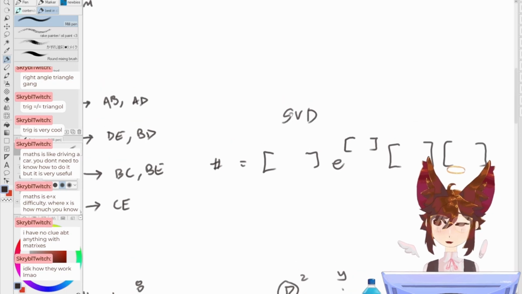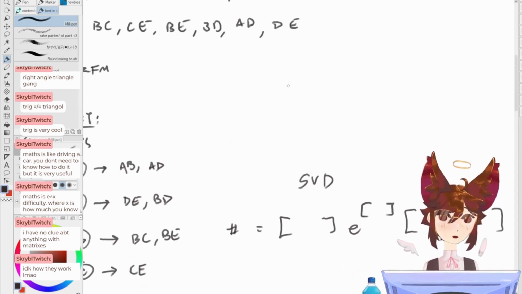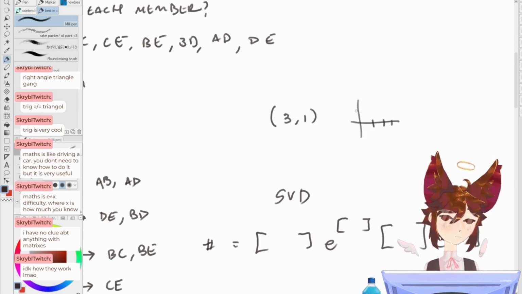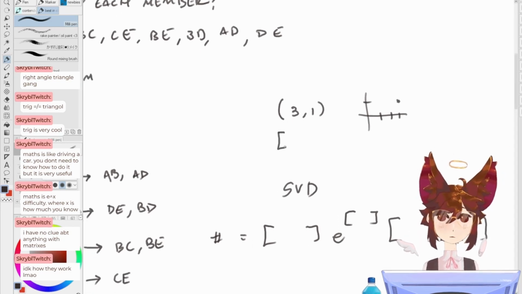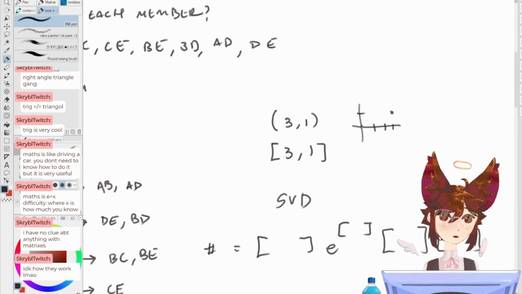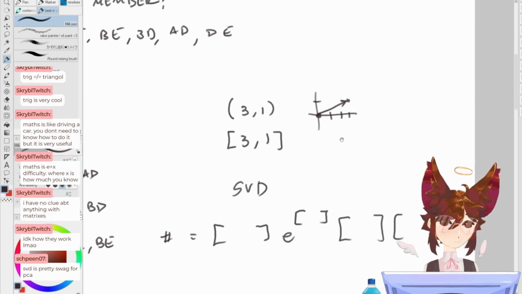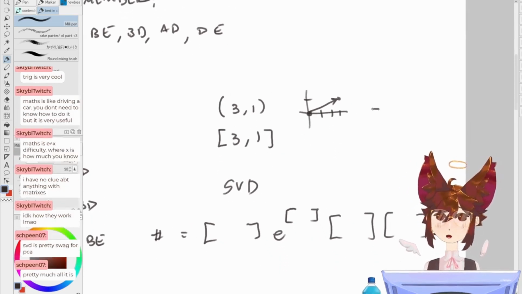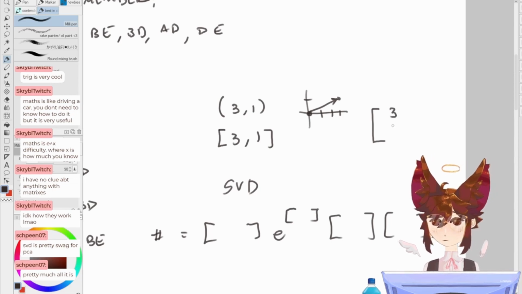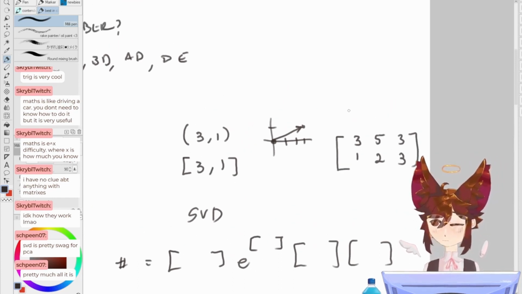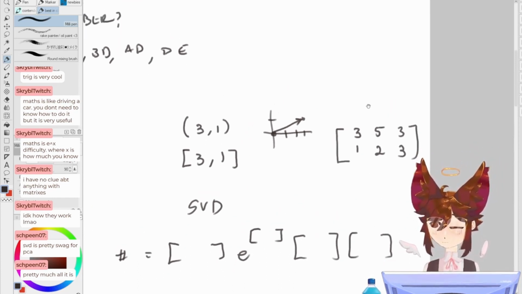A matrix is just a way of storing data. So just like how we have vectors, right? Where if we want to describe a point, we can describe a point like, you know, 3, 1, and we know that corresponds to, okay, well, we go over 1, 2, 3, and we go up 1. We can have a vector that's 3, 1, that's saying, okay, if we start at 0, we're going to 3, 1. And a matrix is just like a collection of vectors, you know? So we'll have like maybe 3, 1, and then like 5, 2, and 3, 3, and all these vectors, they're just in there. That's kind of all it is.